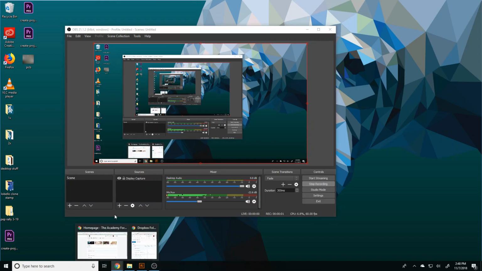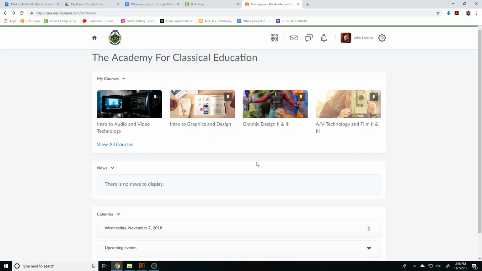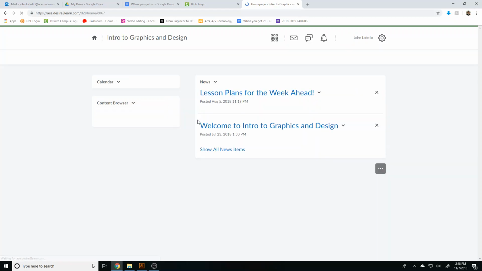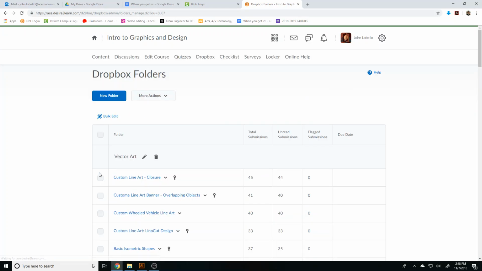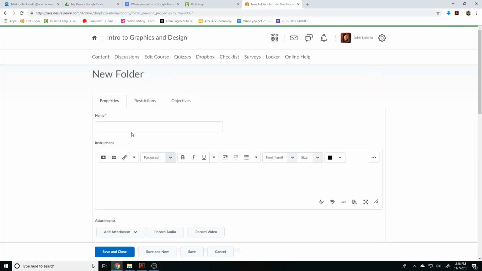Setting up a Dropbox on D2L is super easy. All you gotta do is go to your class, click on your Dropbox, and what you'll want to do is just click on a new folder, and if you don't have anything down here, you just name it. So for instance, you could call this thing